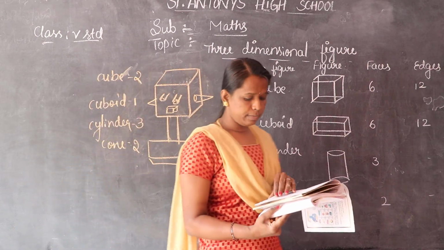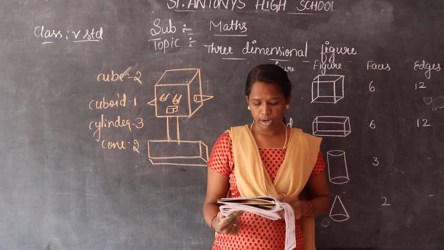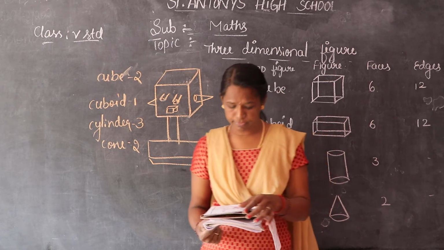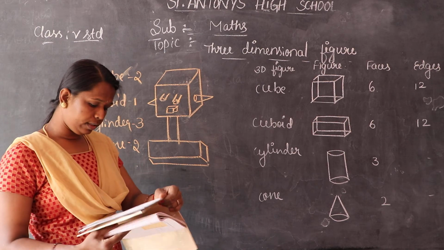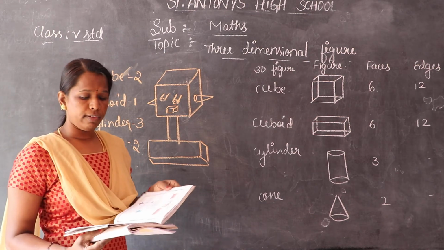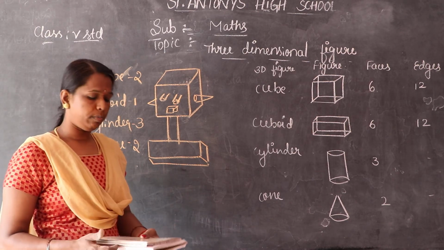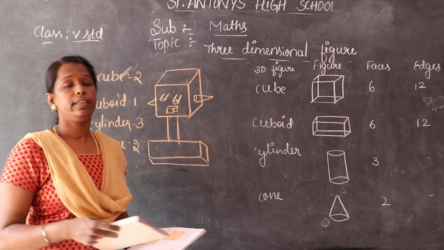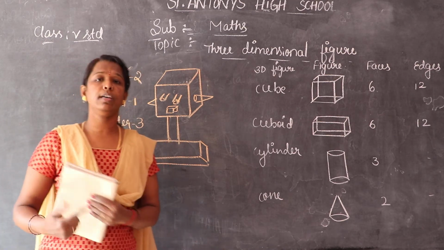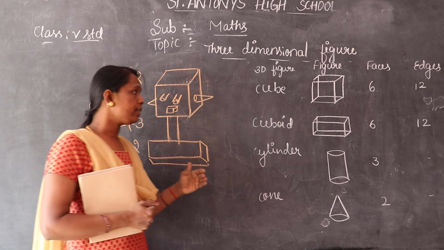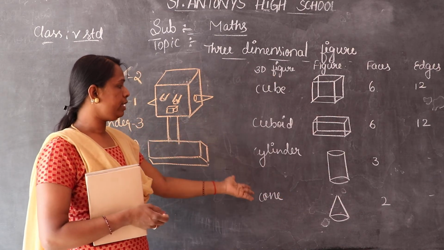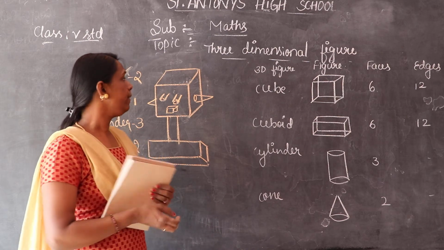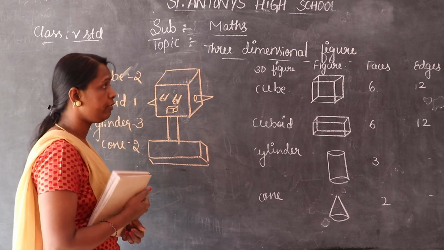From your exercise number 9.3, here also you have to cut the shape out of the paper, cut them on their edges and fold the edges. We can make a cylinder or it may be a shape of the 3-dimensional figures. When we use a paper, we can make these cuboid, cylinder, cone shapes. Okay children? So this is about 3-dimensional figures.